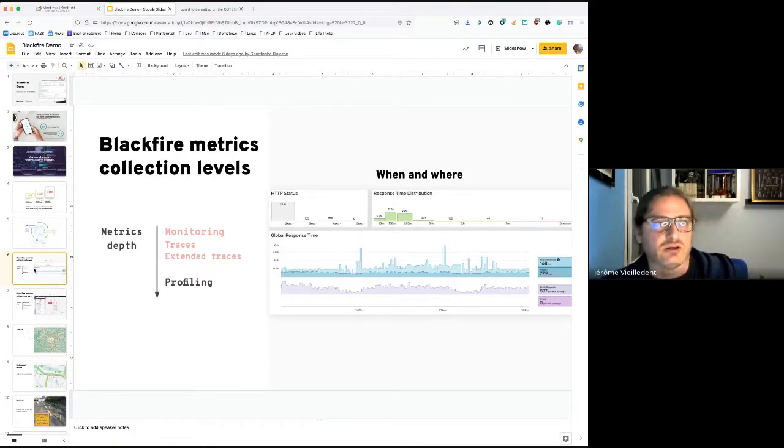This is what we call services monitoring, and this is collected thanks to extended traces. It also gives a bit more information about the key components of your application, like the controller or the PDO statements and stuff like that.